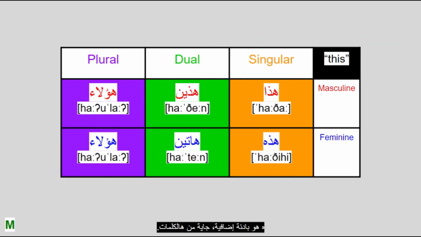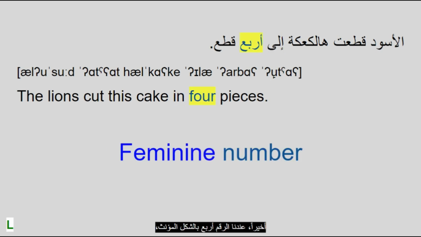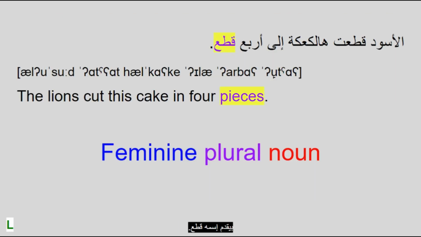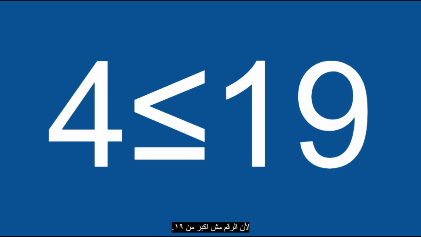The ha is an additional prefix meaning this, which comes from these words. Then we have the preposition ila again, this time meaning like into. Finally, we have the number arba in the feminine form, which for numbers is the one without ta marbuta, and because it's a number, it precedes its noun uta. This is the plural of ita, meaning peace, and it's pluralized here because the number isn't bigger than 19. After all that,